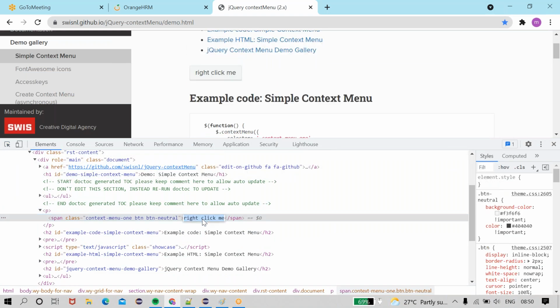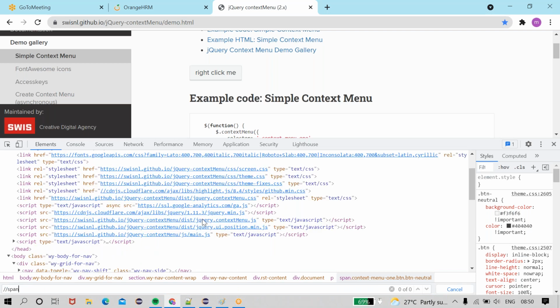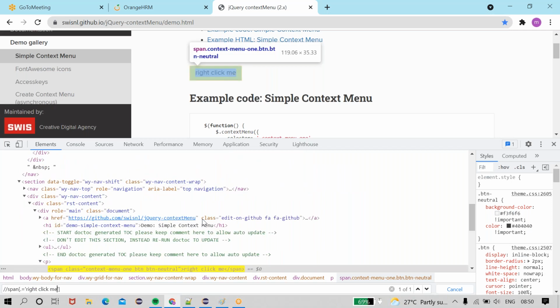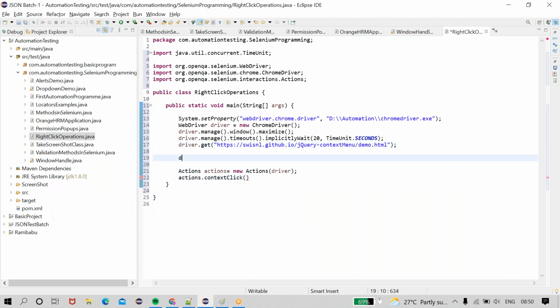See, I am getting something like this. For this, I already did the XPath, double forward slash span dot, and I got one result for right click. I am taking this.